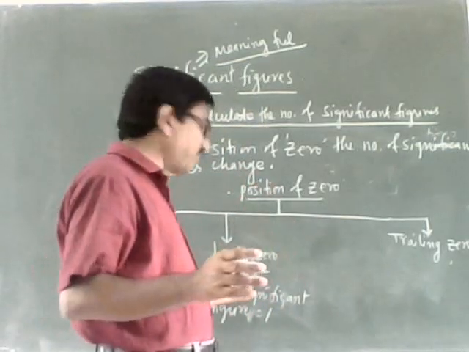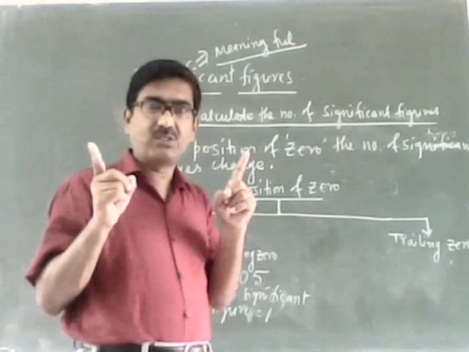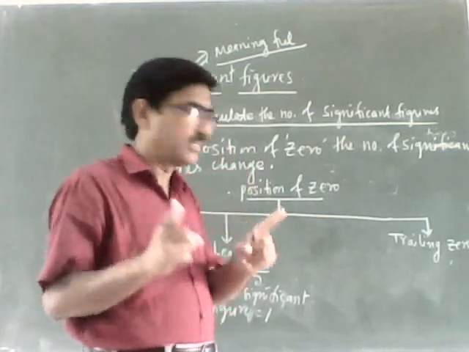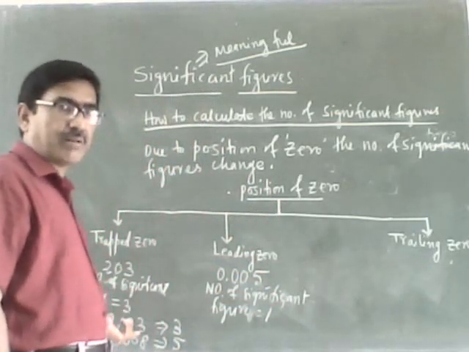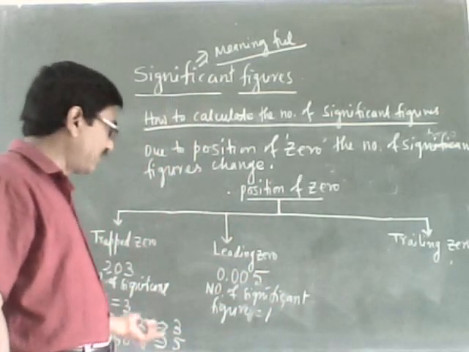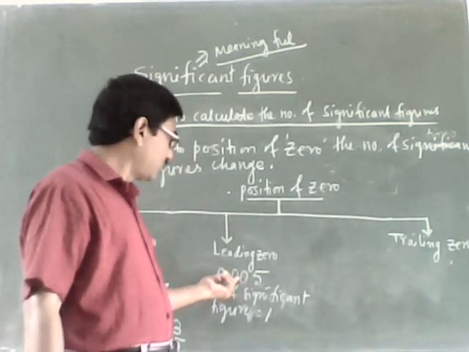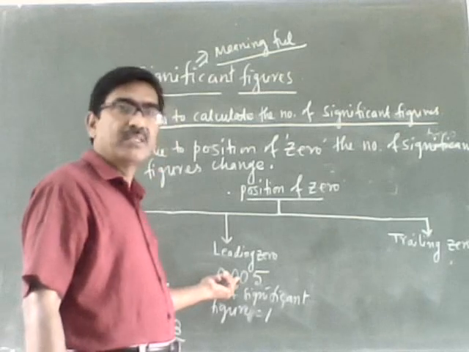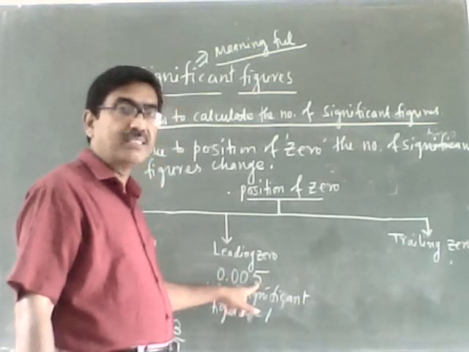Then this is the difference between leading zero and trapped zero. Because these zeros are not trapped by two non-zero digits. So here, if they are trapped, then they are countable under significant figure. But here, the zeros are not trapped; they are leading zeros only. So that's why they are not under significant figure. So only the one significant figure is there.